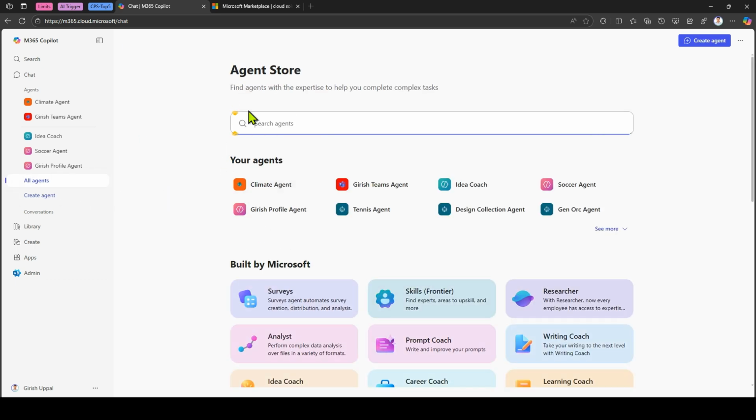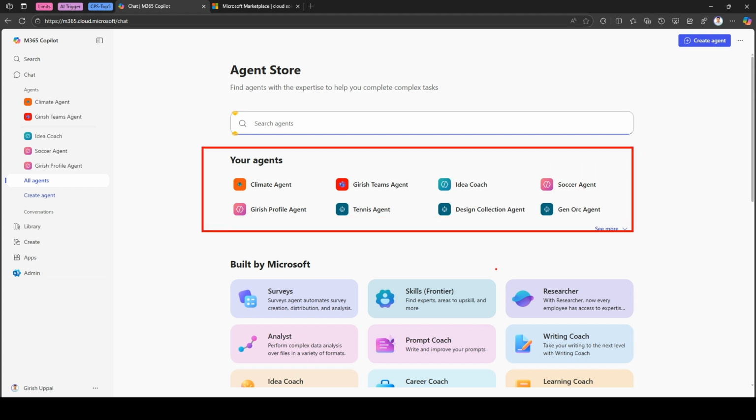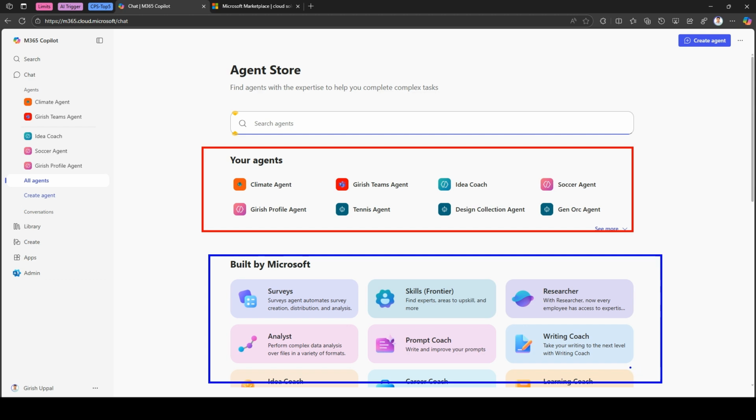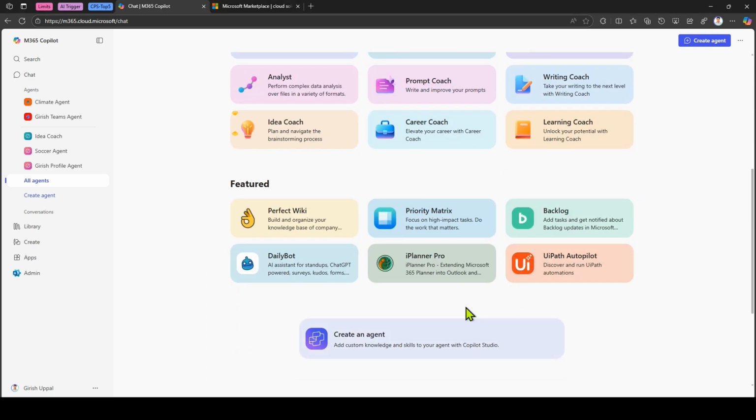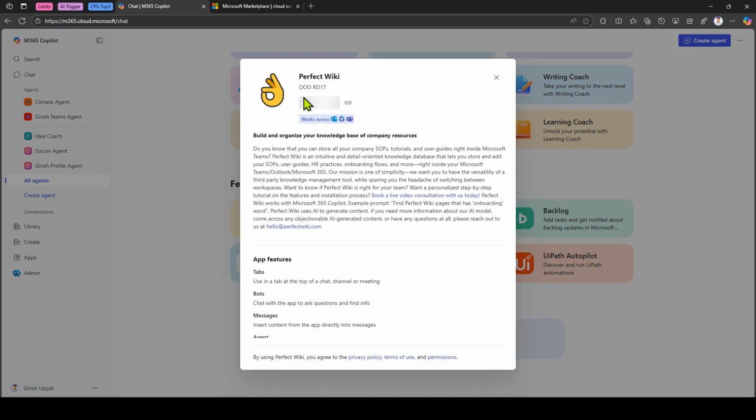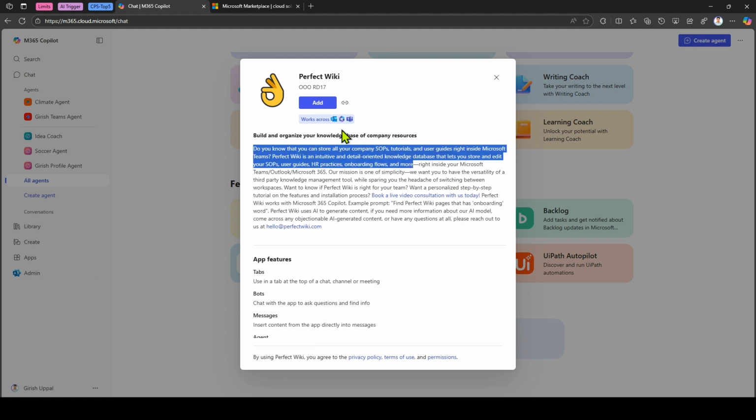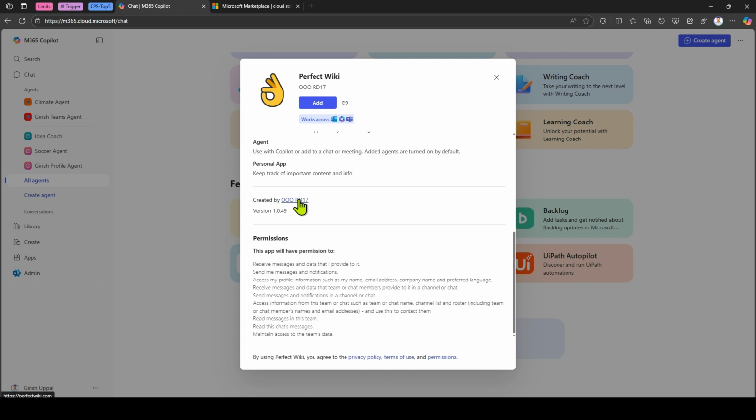So let's go into the agents again. These are the list of agents which you have created. Then these are the agents which have been built by Microsoft, and if you scroll here you will see featured agents. Now this is all third party: Perfect Wiki, Daily Bot, Priority Matrix, Backlog, UiPath. If I click on Perfect Wiki, as you see over here, you will see some information, and it works with Outlook as well, and you can see various app features, and it was created by